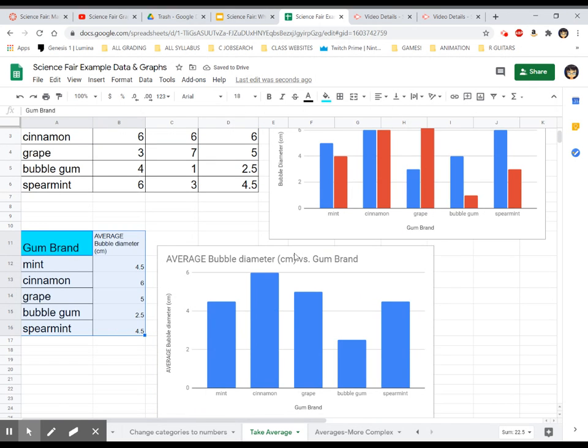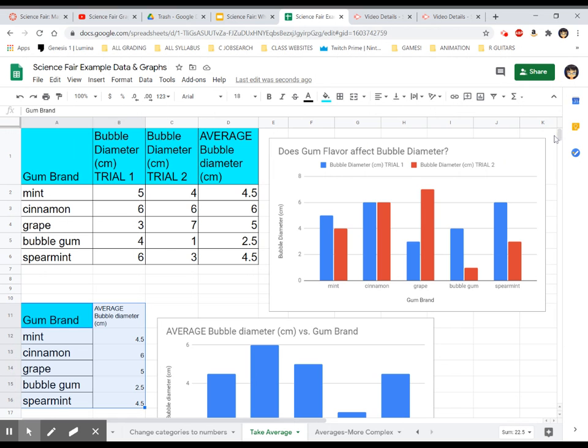Okay, and you may want to change this title to something a little more compelling than average bubble diameter versus gum brand, although that is what it is, because that's the bubble diameter and here's the gum brand, or it's really gum flavor, but whatever. Okay,